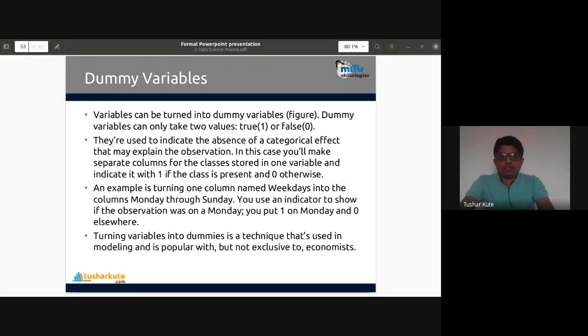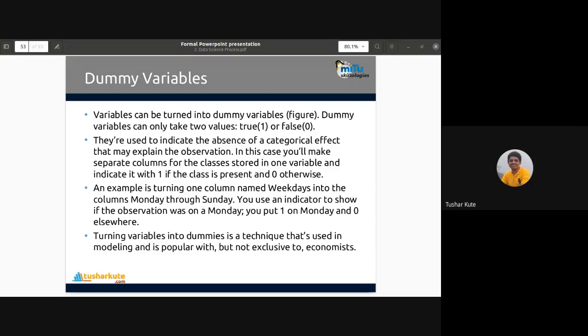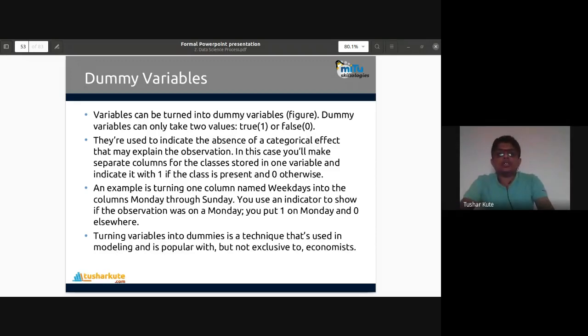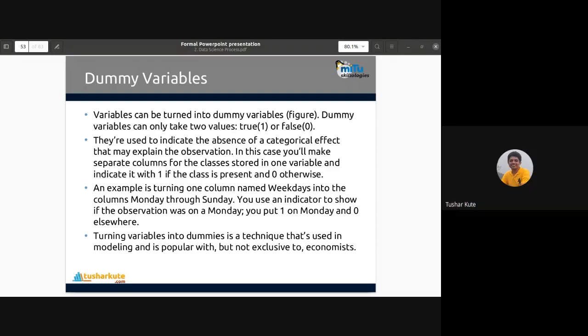Let's put some values here. Okay, something like this. We have a data set. So what I'll do, I'll just delete this name. Now I have the data: roll number, class, marks, and age. Fine. And let's see how dummy variables are created.